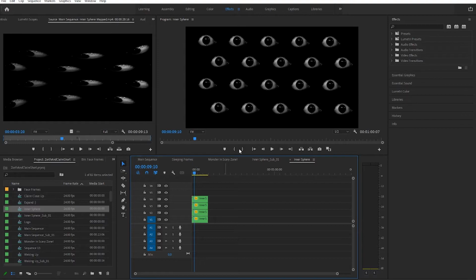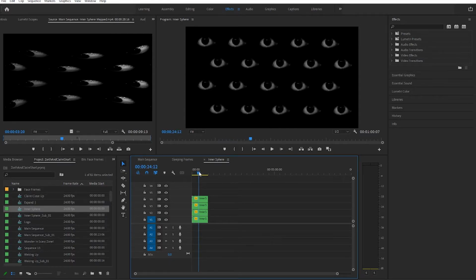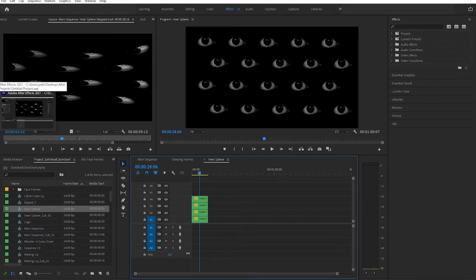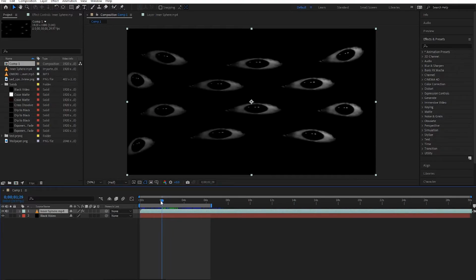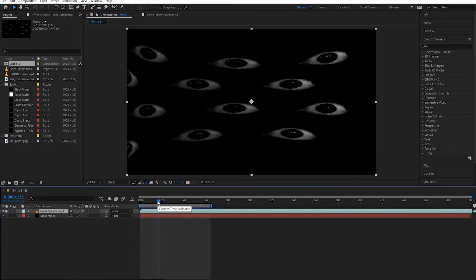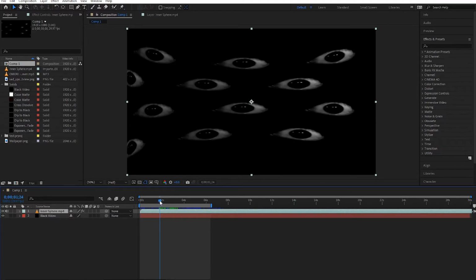Okay. So this is the other sequence that I have, and the background is originally made up of this, where it's just a bunch of eyes, kind of looking around. And I exported this video as an MP4. It goes on for a minute. And then I could have just left it at that, really. But for some reason, and I probably didn't have to do this, I opened it in After Effects. And keep in mind, this is like the second time in my life that I've ever used After Effects. I had the original video. I mapped it to the inside of a cylinder, made the cylinder really big, and then made it spin.